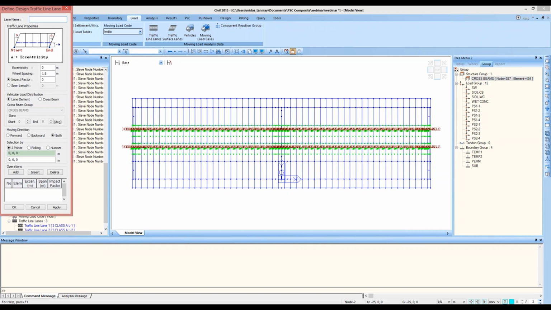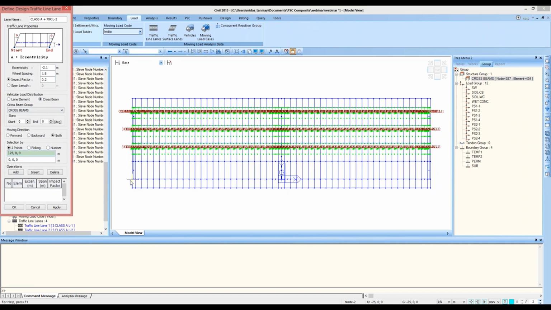So for that add, class A plus 70R lane 1, eccentricity as 0.9 meters, impact factor as 0.2, cross beam group cross beam, 2 points, this and this and OK, and one more for class A plus 70R lane 2, and in this case the eccentricity will be minus 2.1 with an impact factor of 0.2, oh sorry, 0.2, and vehicular load distribution cross beams, and 2 points.